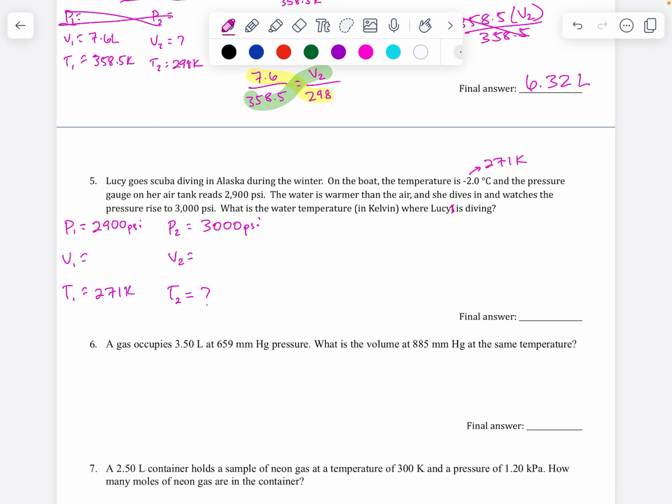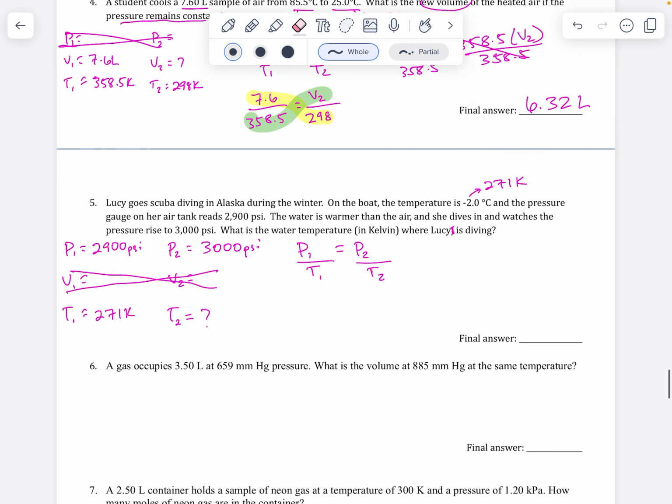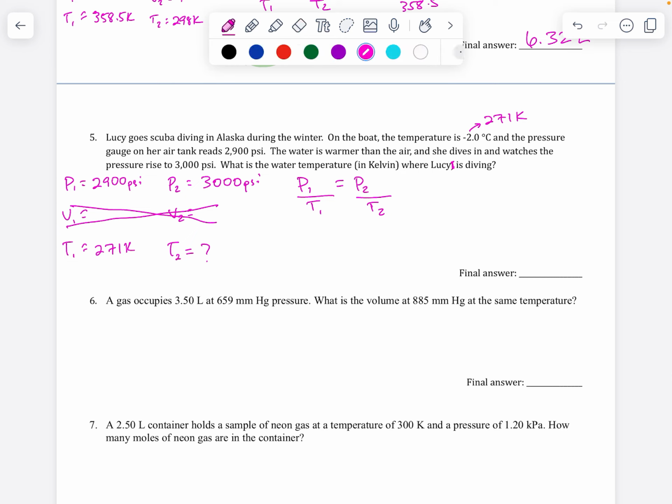It says nothing about the volume, and also because it's a tank, an air tank, that volume is pretty fixed, right? So that means that the volume is what we can ignore here, and we're looking for T2. So using our combined gas law, what we can do is we can confidently remove volume, and we are left with Gay-Lussac's law, right? And now we just plug in what we know,